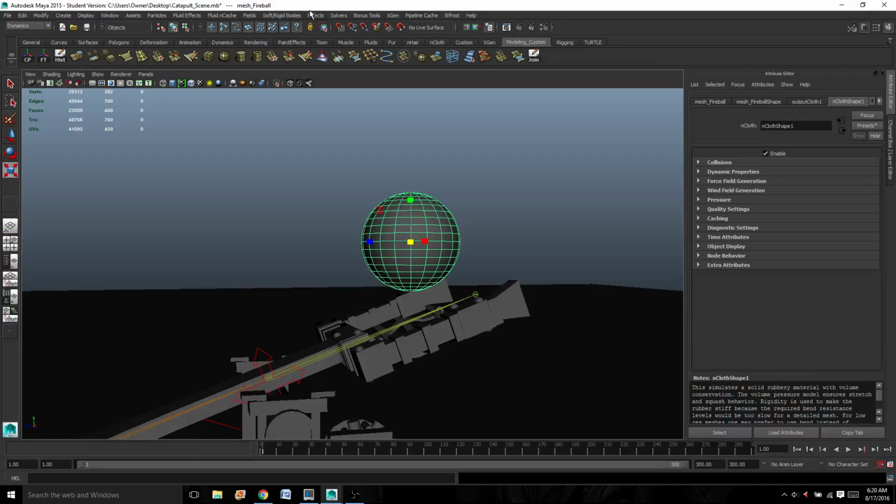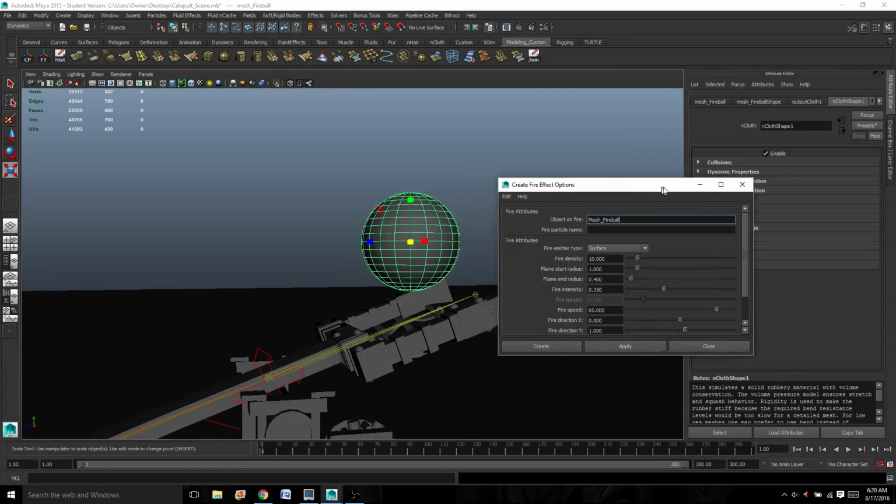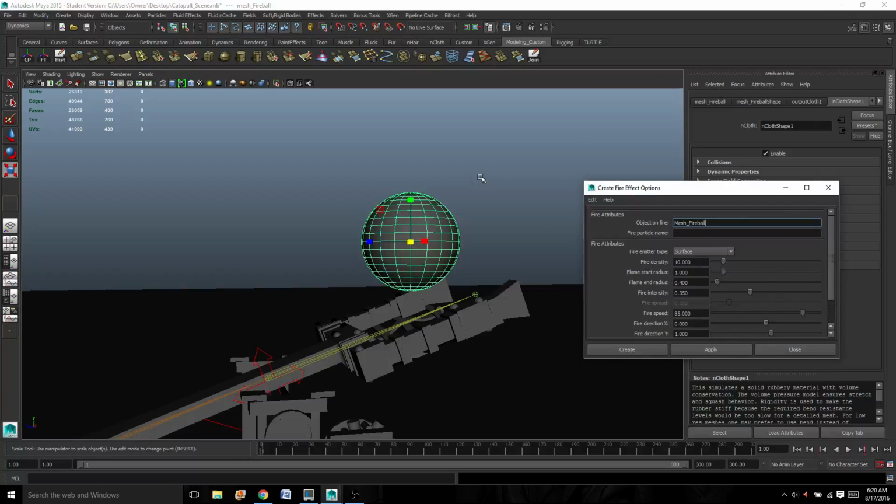The built-in effects are just underneath Effects here. We can go to create fire, smoke, fireworks, lightning, shatter, etc. The one we're looking for is fire, and we're opening up the submenu for this. This is important because if you don't have this set up correctly, when you throw your fireball, the fire won't follow with the object. So we need to make sure that the name of the object on fire is put in here. Mine says, I did this before, so I'm just going to have to re-put this in because I had lowercase mesh underscore